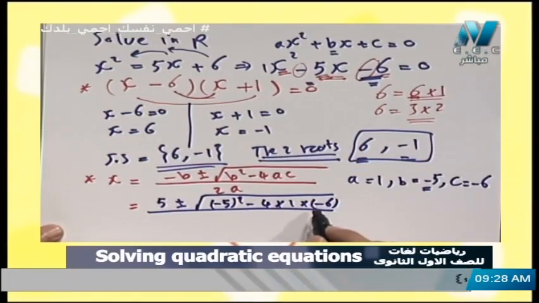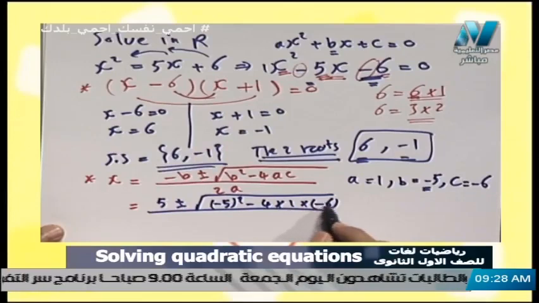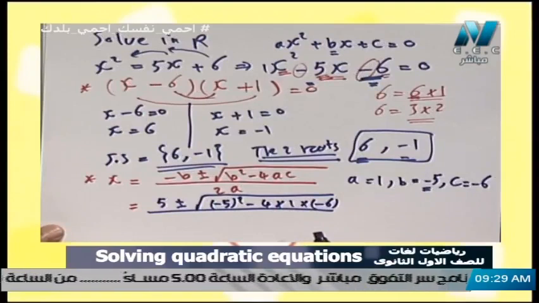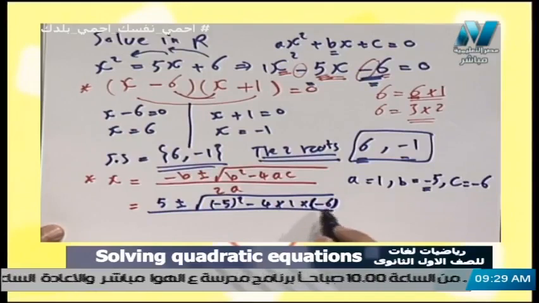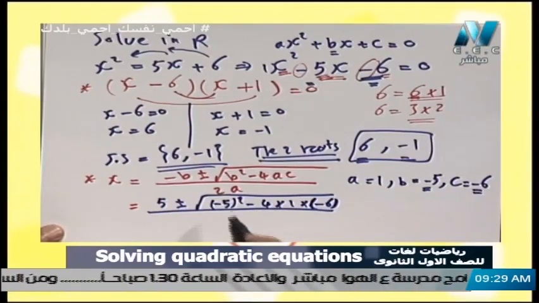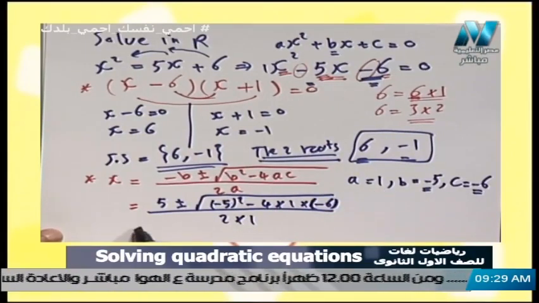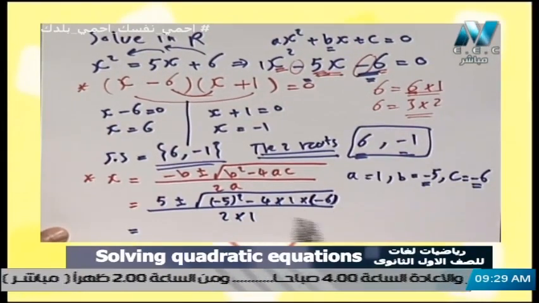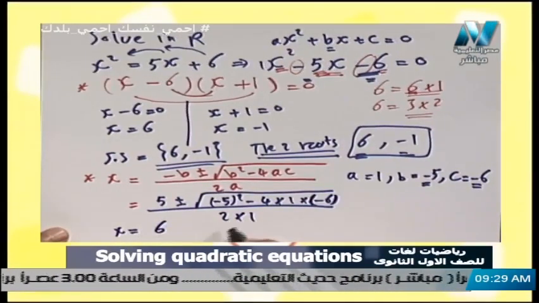The fault is if we put it minus 6 without bracket here, that means that you subtract 6 from this answer. So put multiply in your calculator by the bracket here, inside bracket put negative 6, which is c, over 2a, 2 multiplied by a, which is 1. And of course, I guarantee you that you will find that the solution set will be, one of them will be 6 and the other